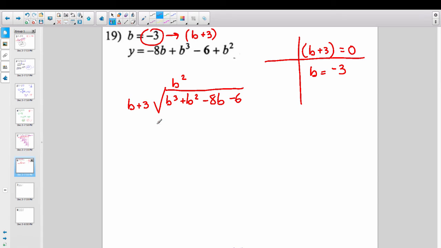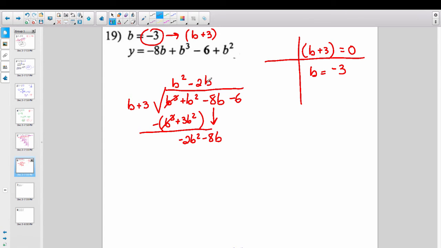Now we distribute with a negative sign and parentheses. So b cubed and 3b squared. Do the subtraction. These go away. B squared minus 3b squared would be negative 2b squared. Drop down your next term, and let's go again. How do you go from b to negative 2b squared? I would say multiply by negative